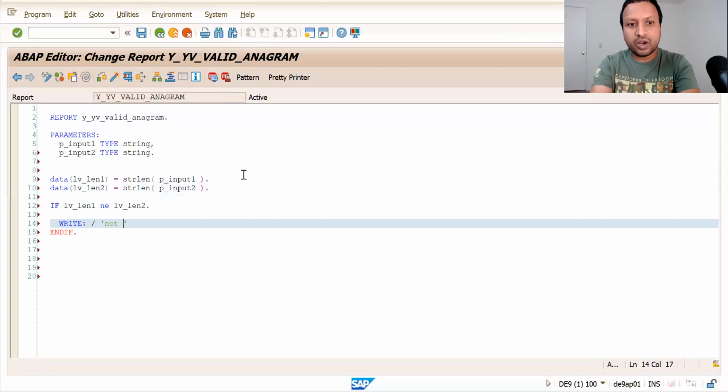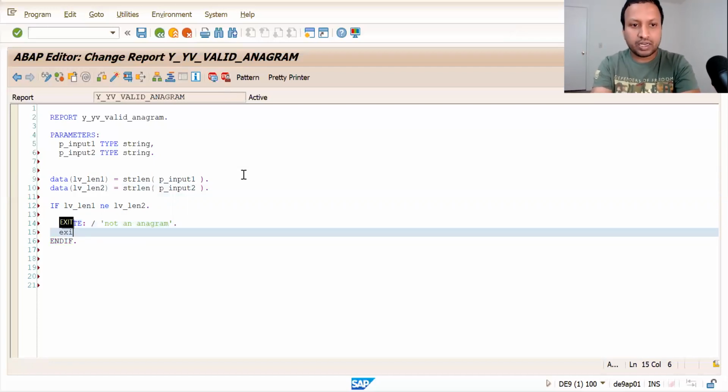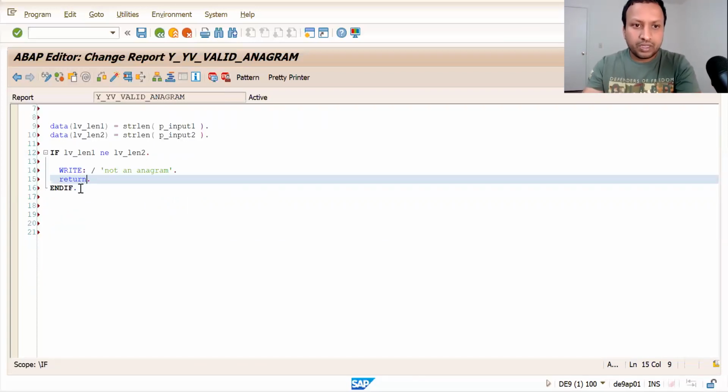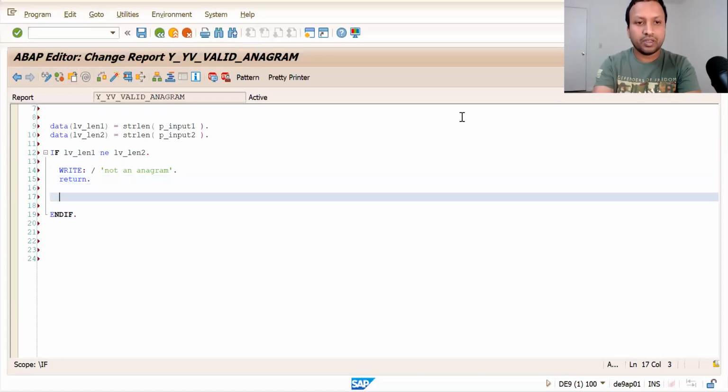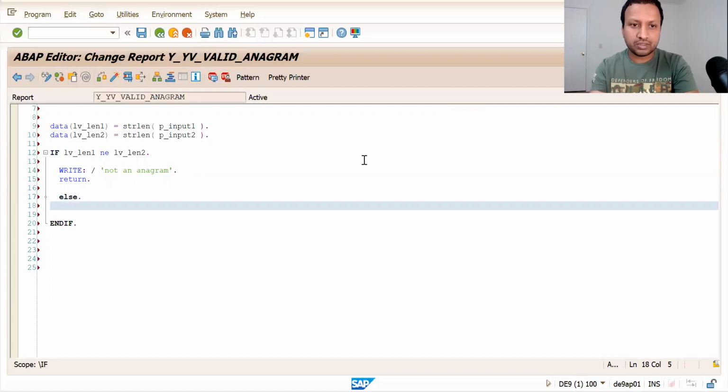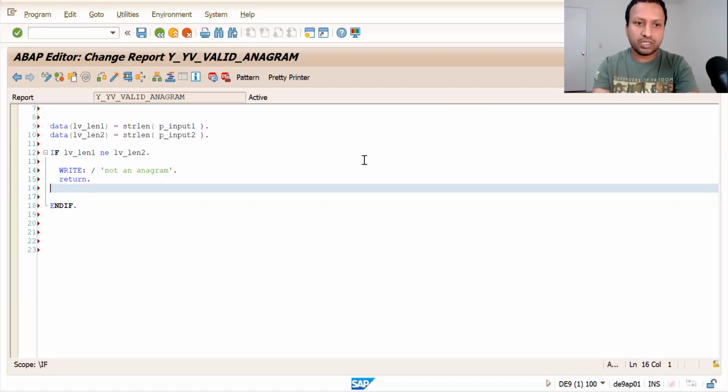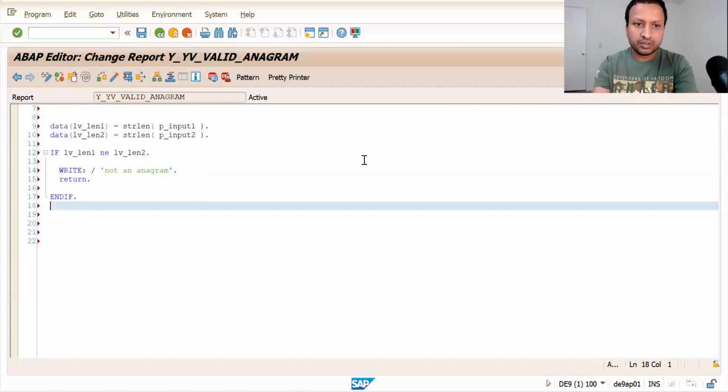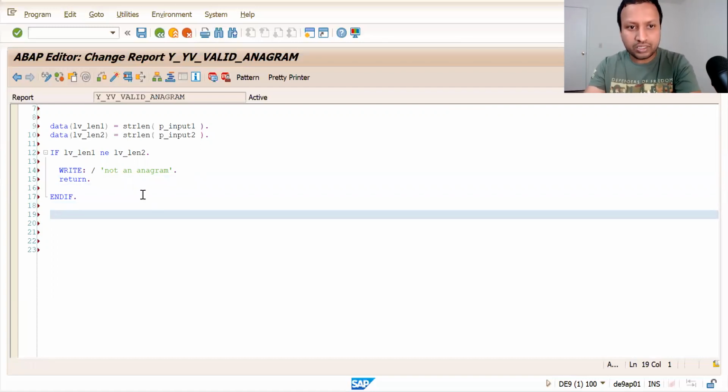If they are not equal, not an anagram, so we put a return statement. If they are equal, you can say else, or you can write it outside. Anything is fine.